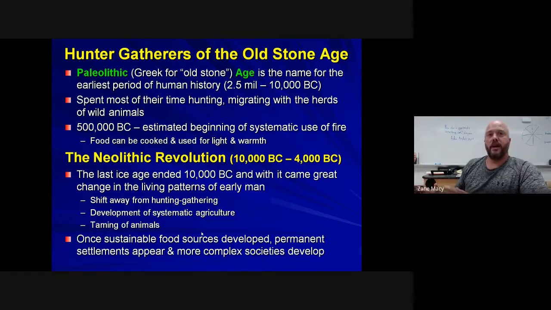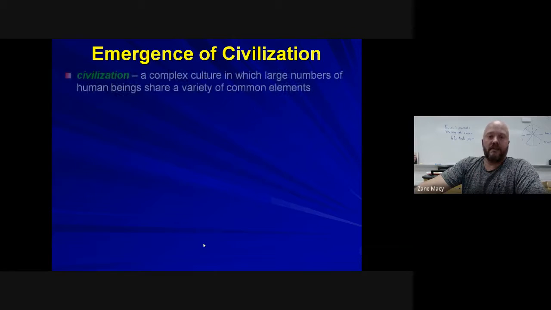Why go anywhere else? And as other people start to find out that this group of individuals has their needs met, they're going to decide to settle down too. You're going to stay, and you start to see a settlement of one or two families turn into a settlement of 10 families, and it becomes a little village. Then more people come in, and that village becomes a town, and eventually, and we might be talking hundreds of years down the road, that town becomes a city. And as more people come in, they bring more diversity, and you start to see more complex societies develop.